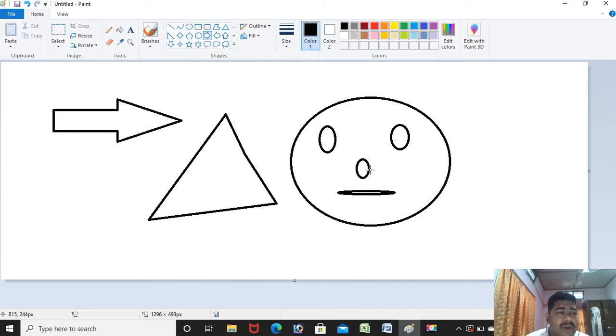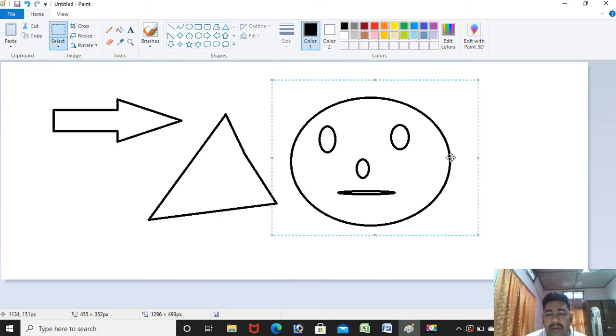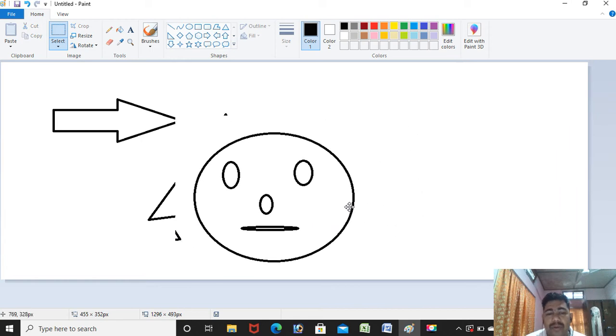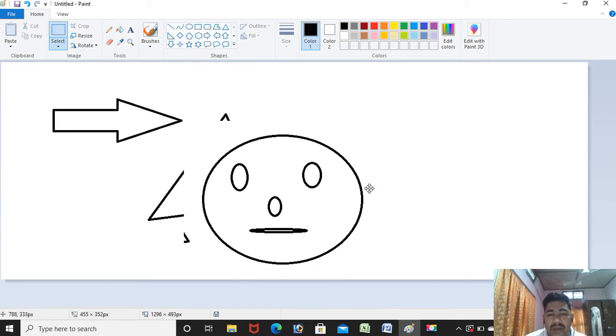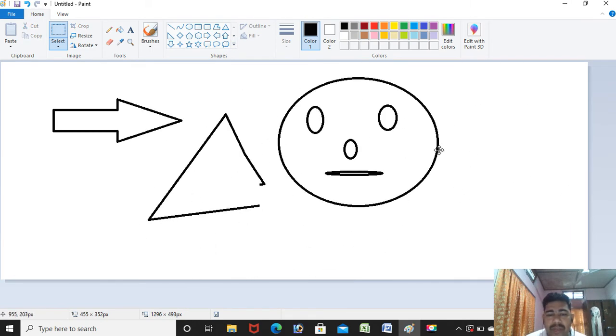In our last class, what we have learned about brush. Okay, different types of shapes of brush we have learned. See, there were different types of shapes of brush and how to select this part. We have learned all these things. Like suppose I have clicked select, then I will click here. Now this part is selected and I can move it from here to here.